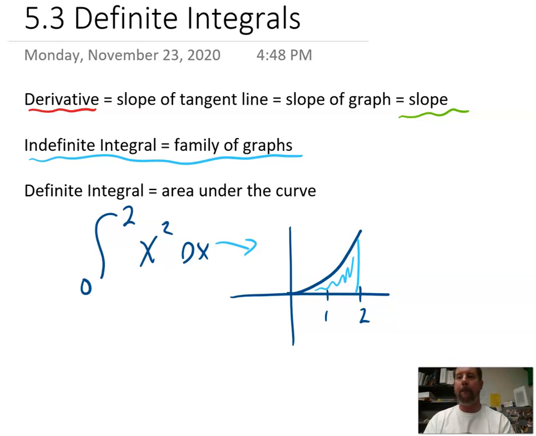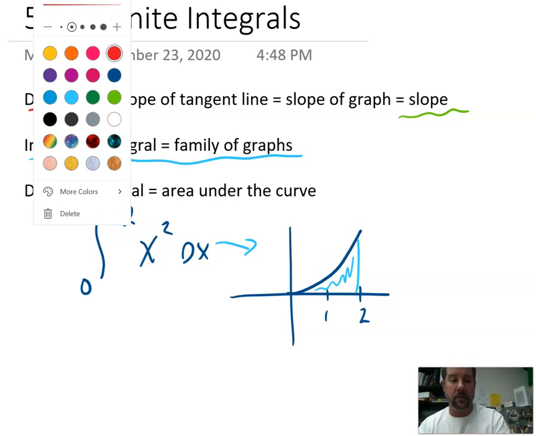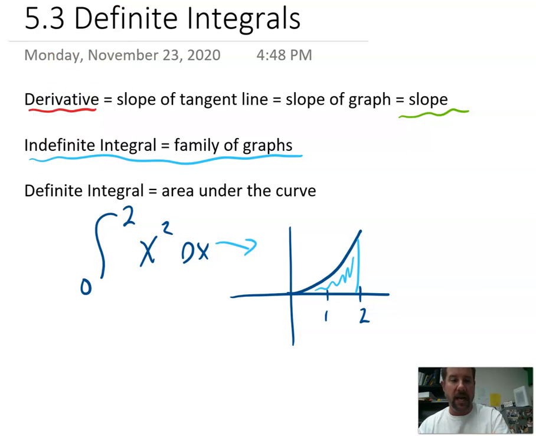With that being said, we said a good way to find this would be to use a bunch of rectangles to approximate it, and we did that with our Riemann sums. Now, if I wanted my approximation to be better than that, what could we do? Well, I guess we could use more rectangles. If I use more rectangles, I still get an approximation, but it'd be a lot better of